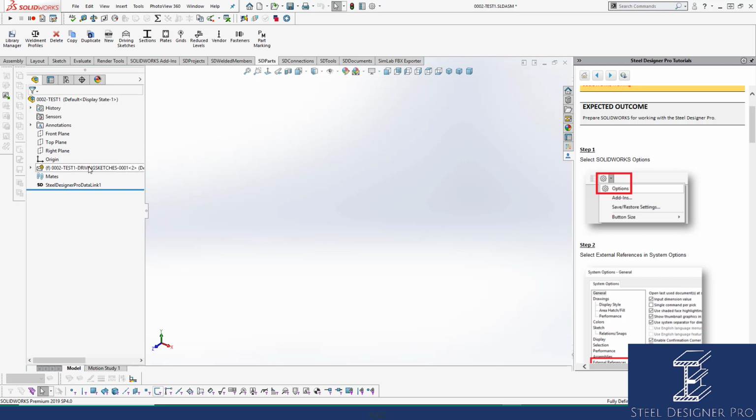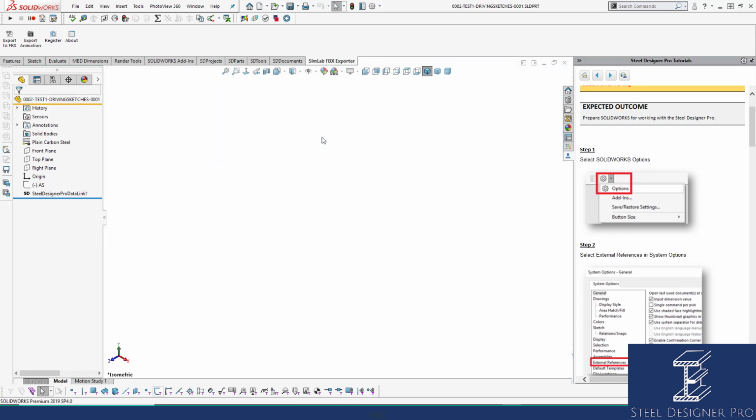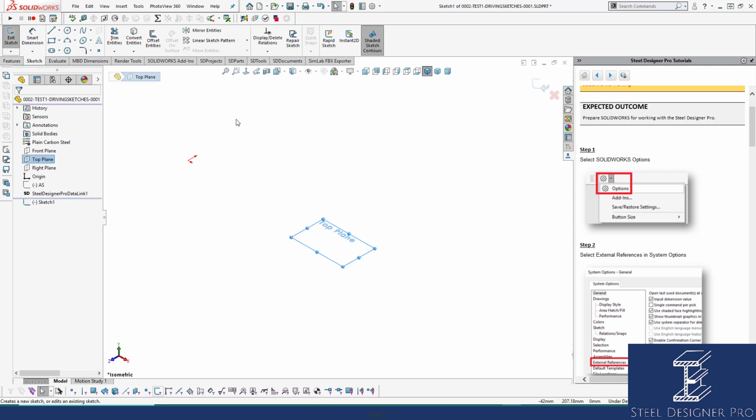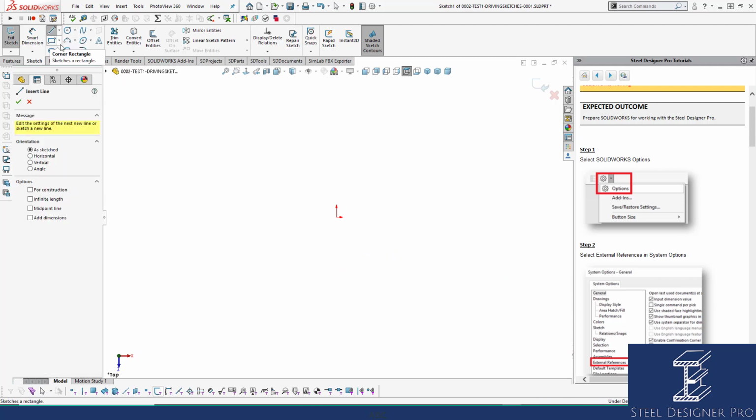Okay, so now we've put in a driving sketch. What I'm going to do is show you how we attach and drive a driving sketch. So if we go down to the driving sketch level, and on the top plane we're going to put in a sketch, and you'll notice the sketch direction is very important. So if I go over and select under the sketch line and draw from the origin, now if I can't